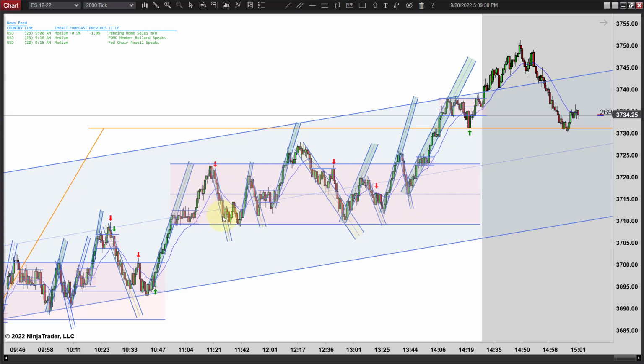And notice how we're going below the EMA, above the EMA, below the EMA, above the EMA, below, above, below, above, below. When you see that, it's like a roller coaster. You can trade that both ways. So notice there's not even any really good long setups. They're all short here.